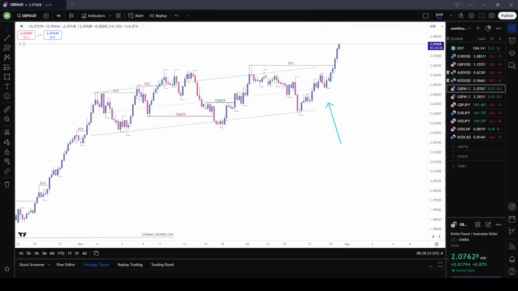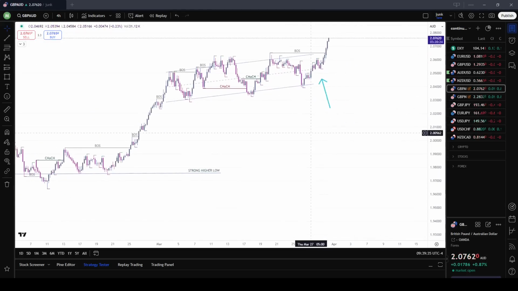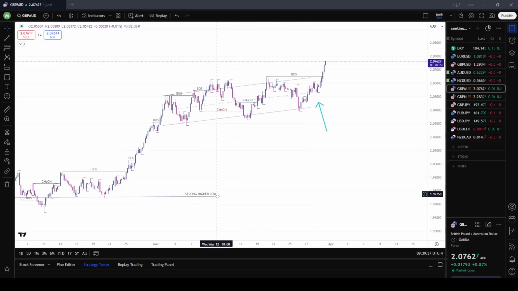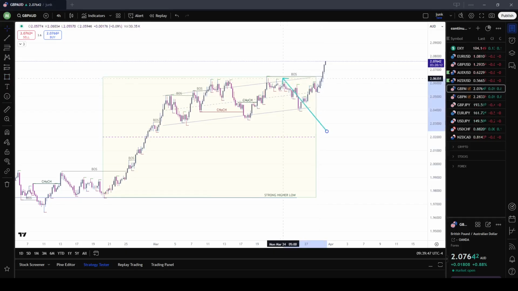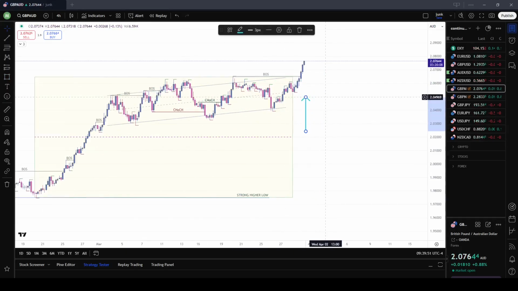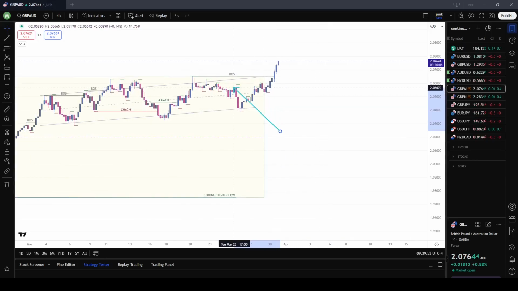GBP AUD, go ahead and map out the current range, this being the strong higher low. This was the range that we have been previously mapping out. With this being the high, it was an ascending channel. Waiting to see if this cross pair could take out any of the lows, but